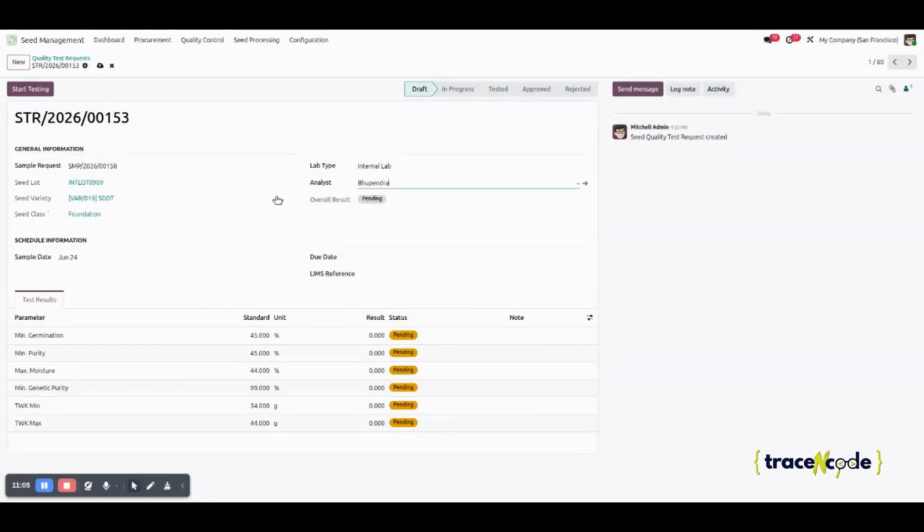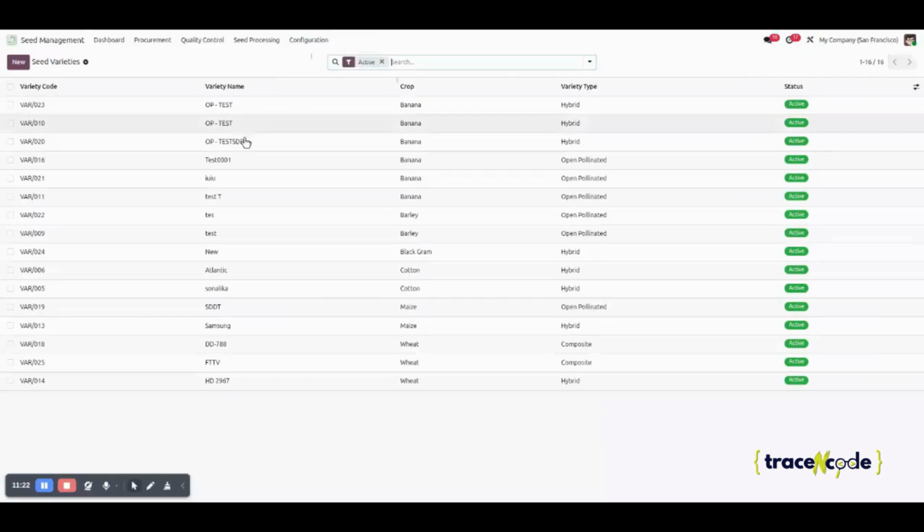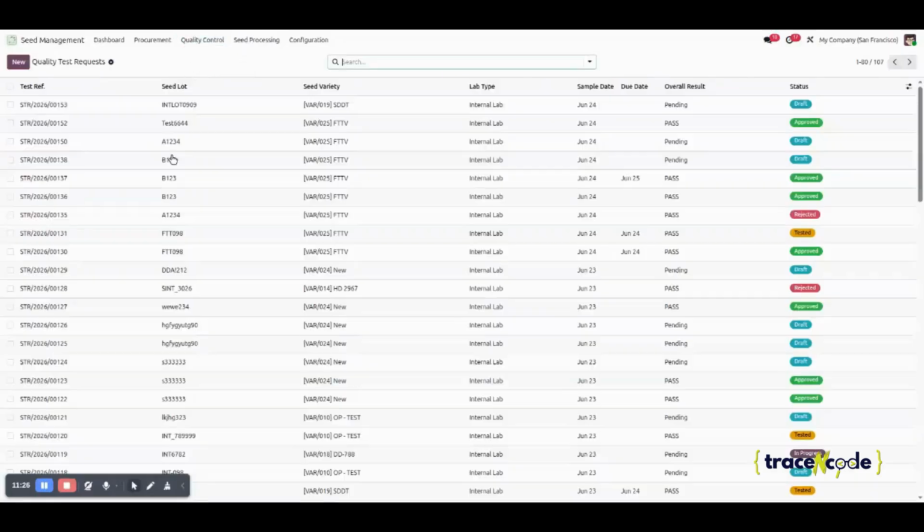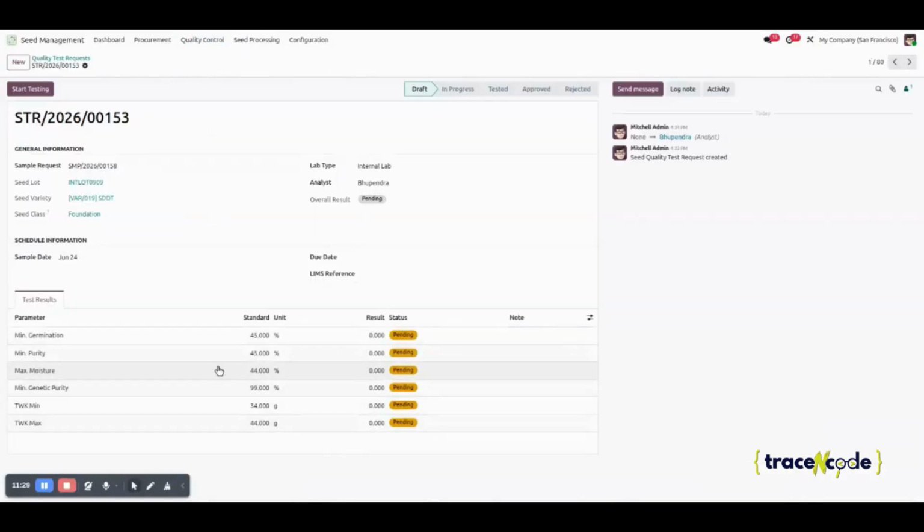Here you can assign the analyst for that, and we provide you a feature for the lab test for the internal and external. Currently we are providing the internal lab test, and these parameters come from the varieties quality standards. Here you can see, and the lab technician is going to provide us these values. Here you can assign the due date,